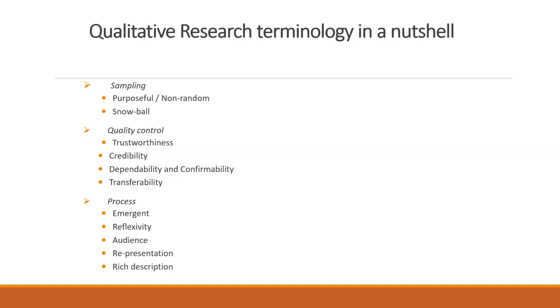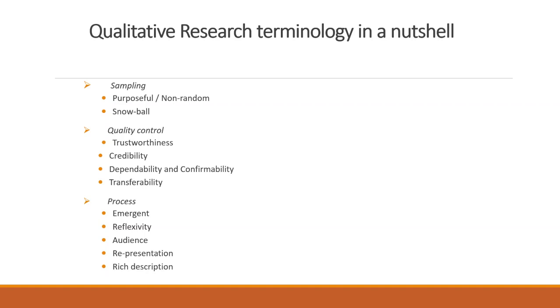Sampling, right? Within qualitative research, we speak about purposeful sampling, non-random sampling, because you're very specific in terms of who and what you're looking for. The example that I've given, that if you're interested in unemployment and experiences of unemployment, you cannot do a random sampling. It has to be non-random because you're looking at a particular specific thing, right?